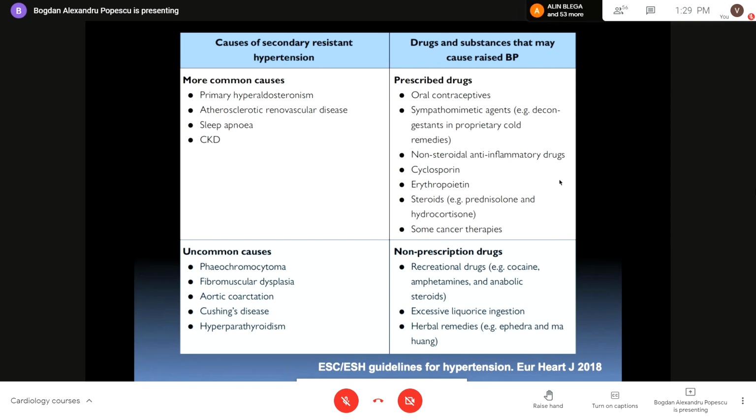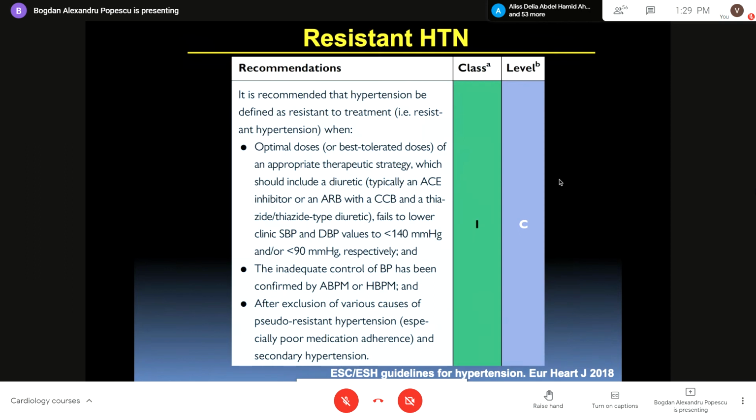So whenever possible, you should also ask the patient what other drugs he or she is taking. And sometimes you may find that some of the drugs they take on a regular basis interfere with the hypertension treatment that you are recommending. Of course, sometimes they need to take those drugs, so you cannot stop them, but at least knowing, you can decide what is the best approach.